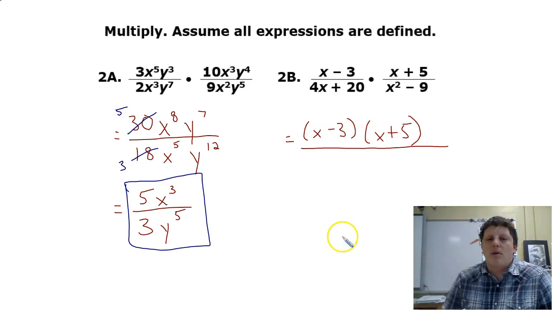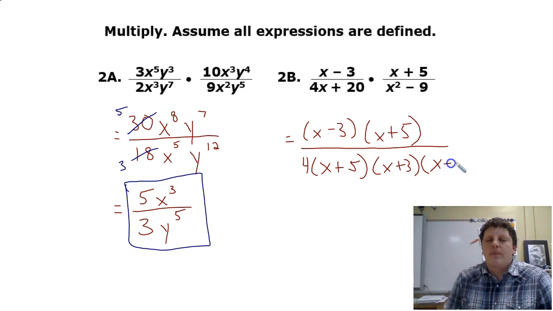So my top really is already taken care of. On the left side, I don't have an x squared, but I do have a common factor of 4, and you always want to look for those. So I've got 4 parentheses. I'm going to divide 4x by 4 to get x, and 20 divided by 4 to get positive 5. And then I'm going to factor this right side. It's a difference of two squares, x squared minus 9, and that would factor to give me x plus 3